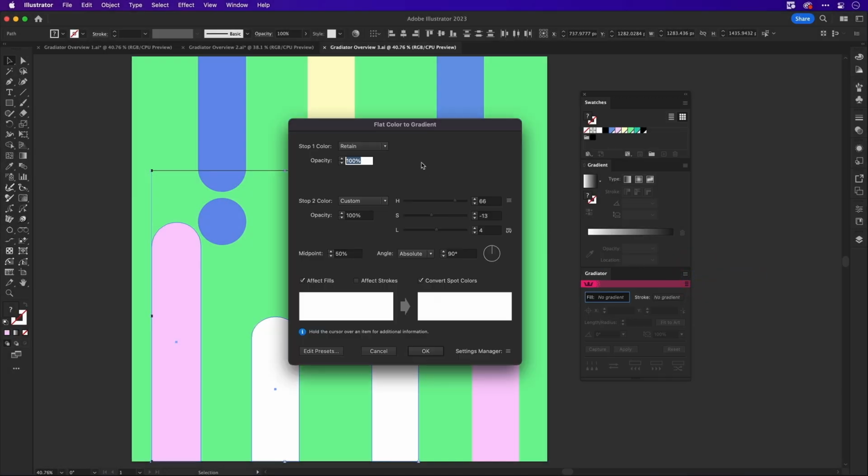The pop-up dialog appears that gives us some more options. We can choose to start the gradient lighter than our original, or we could choose darker or more saturated or desaturated. The preview window is only showing one example colour, but we can click the preview chip to switch to the other colours. You can also adjust the opacity and the midpoint positioning, and when you're happy you can click OK to confirm.